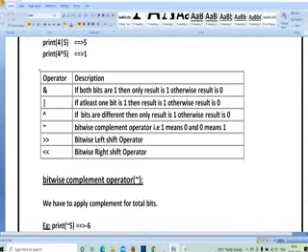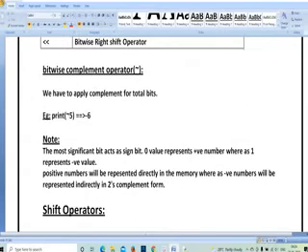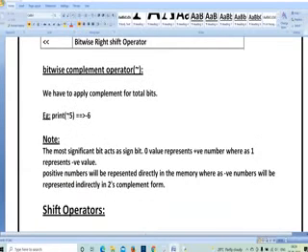So now let us see how bitwise operators work, and how the left shift and right shift operators work. Here I have written print of 5. In a bitwise operator, whatever the operator we have given, if the condition is true, it is going to give the true value, or else it is going to give the false value. Here in print of 5, what is 5? It is an addition, meaning it is a positive value.